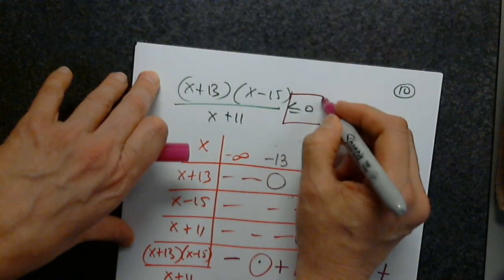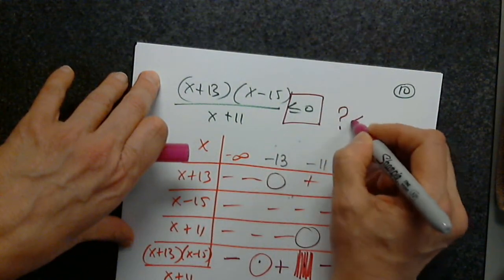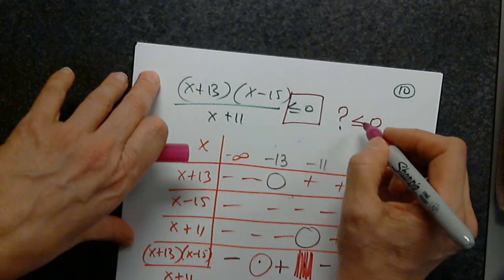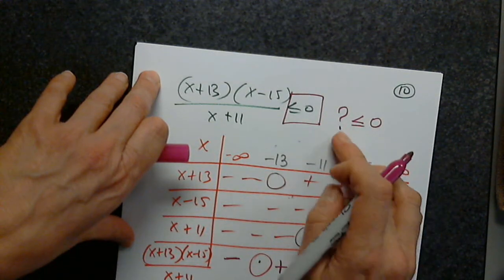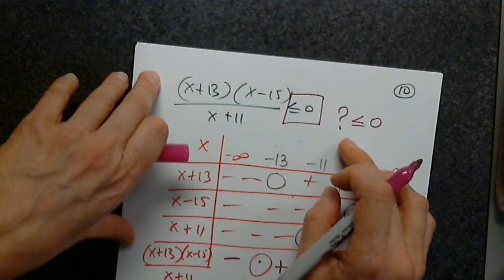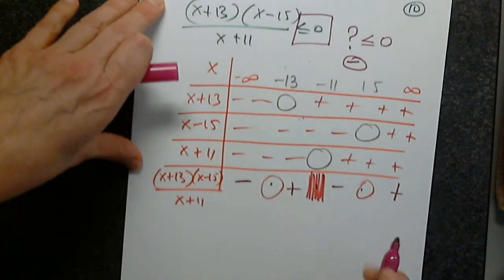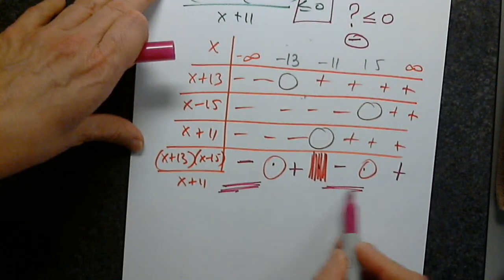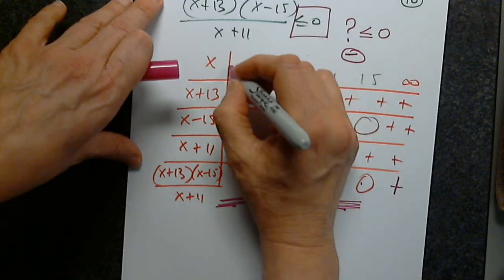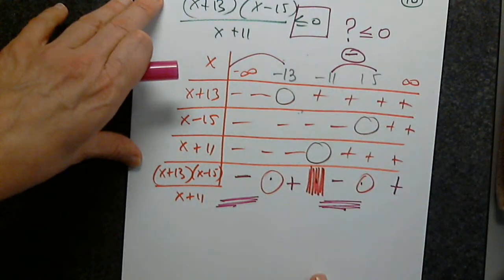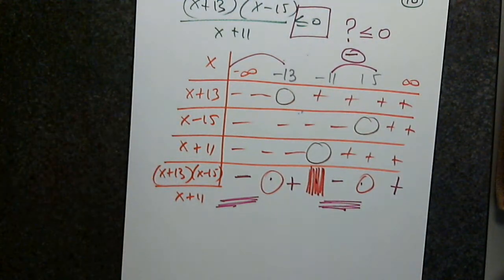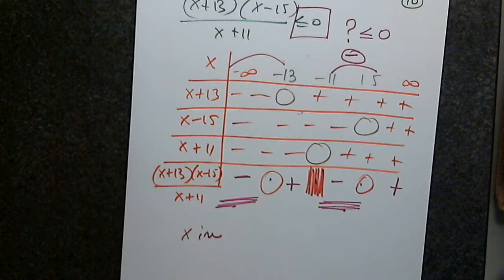This tells me what I want. What is less than or equal to 0? There are only 2 possibilities, positive or negative. So I'm after negative. Negative is here and negative is here, which gives us this answer and this answer, where the product, or the whole thing, the ratio, is negative. So x in the interval,